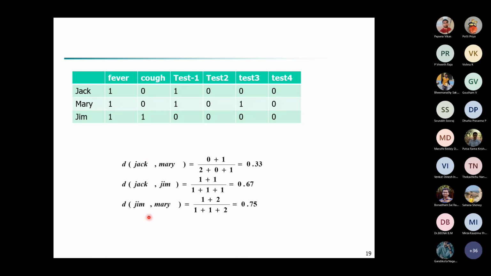Now we can say which is more similar. So Jack comma Mary. Can you tell me from this which would be most similar? We are finding the dissimilarity. This is the dissimilarity matrix, and now we got some values for each of these. Which two patients are more similar? Jack and Mary. Because more dissimilarity means they are more dissimilar. They are not similar. But when you have a smaller value, we say they are very similar. So Jack comma Mary is the closest two points, we can say.